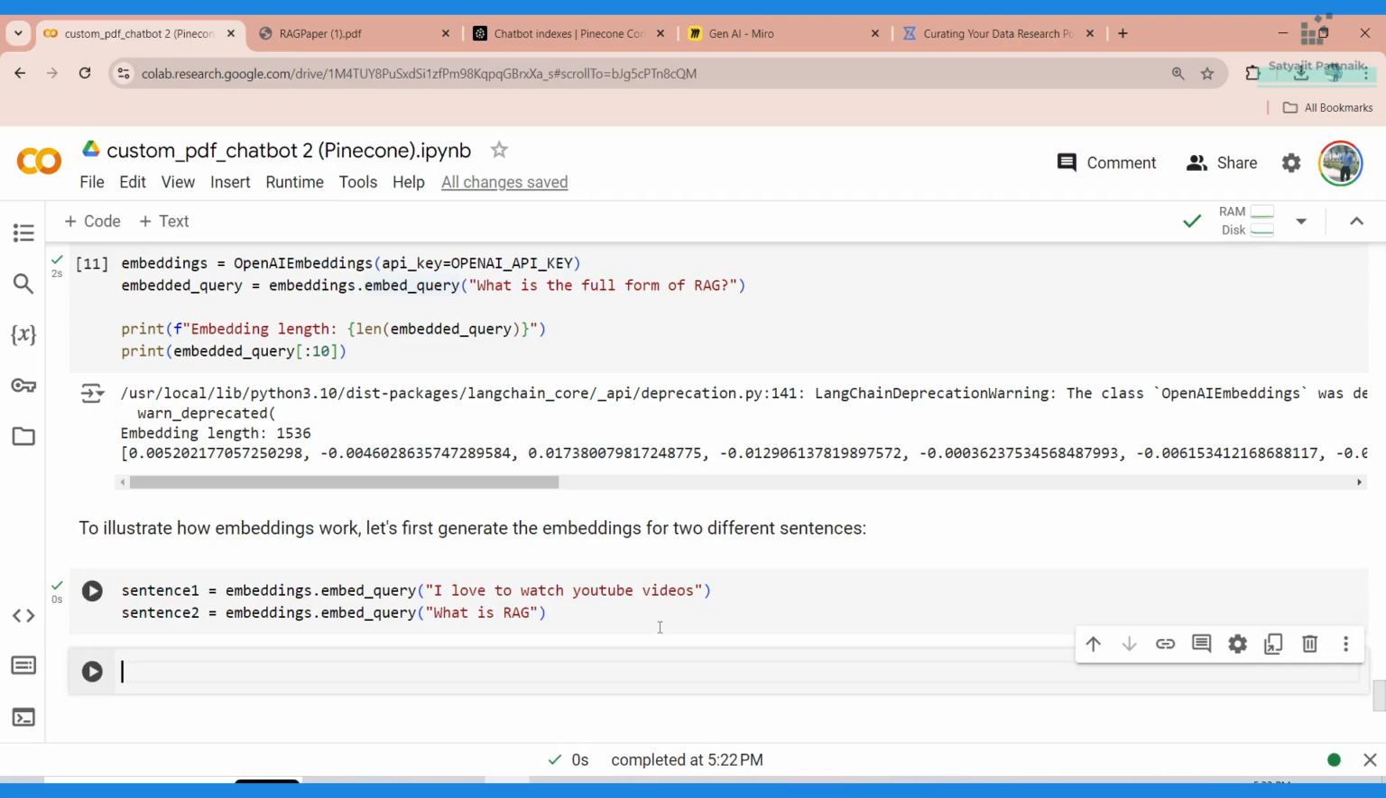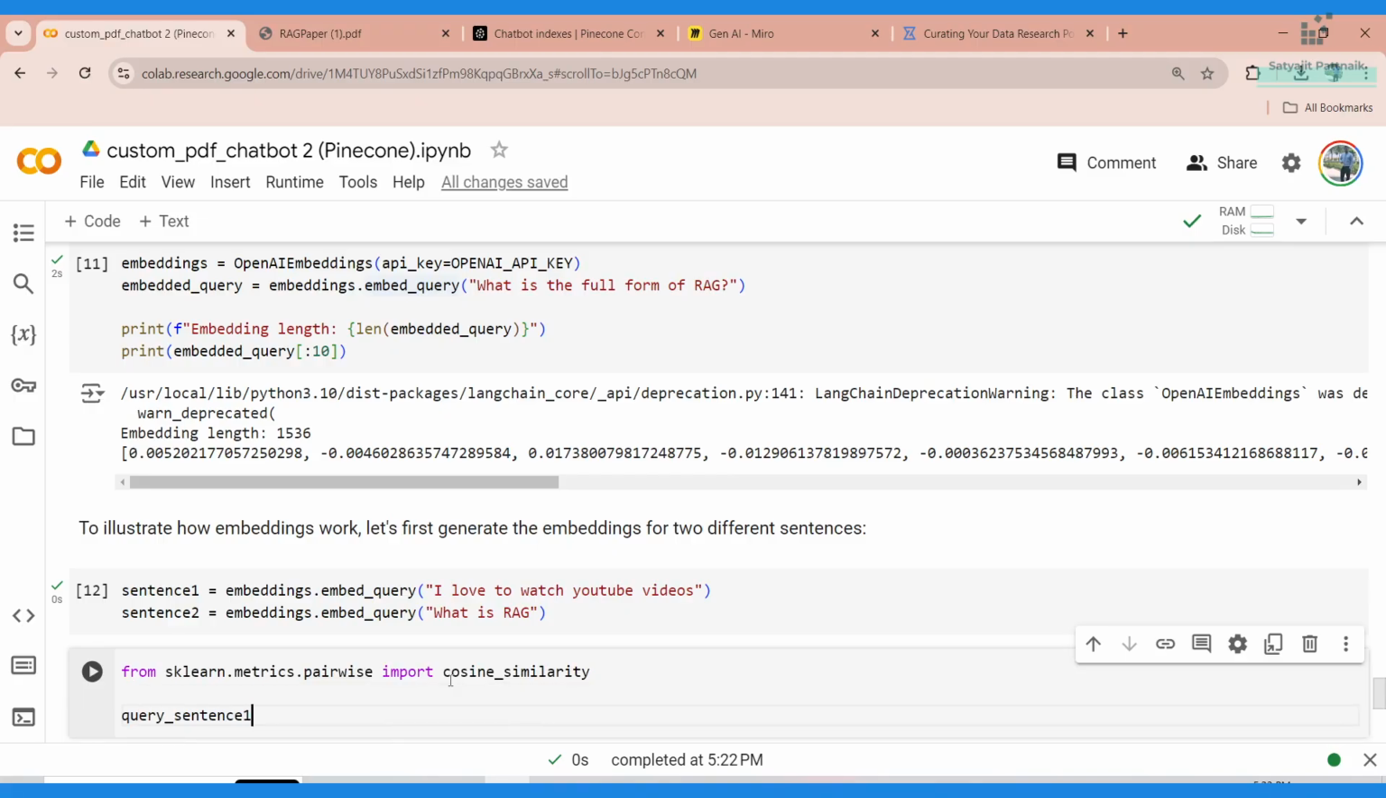Then let's run this. Now let's try to compute the similarity between the query and each of the two sentences. Here we can use a cosine similarity approach. I hope everybody knows cosine similarity. If not, please go back to NLP videos, watch it, and your doubts will be clarified. So from sklearn.metrics.pairwise import cosine similarity. Query sentence 1 similarity is equals to cosine similarity